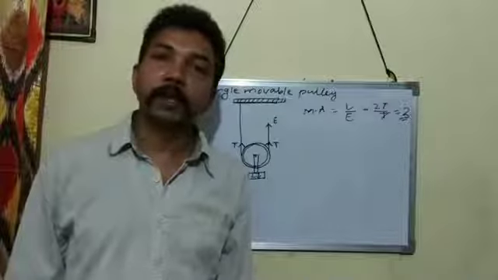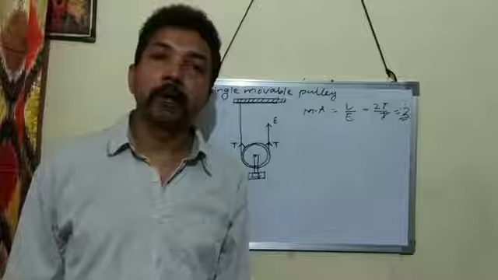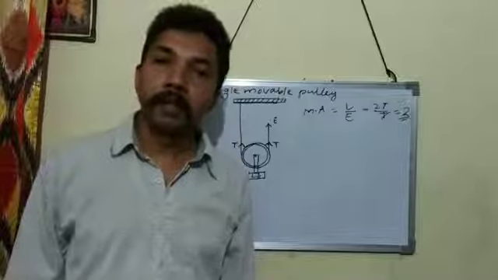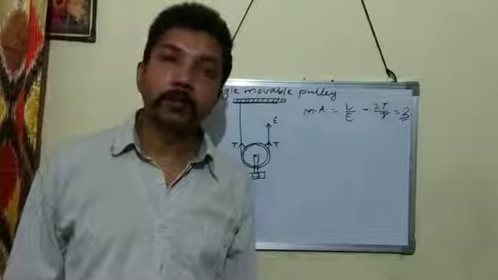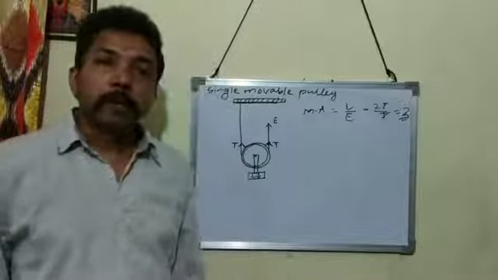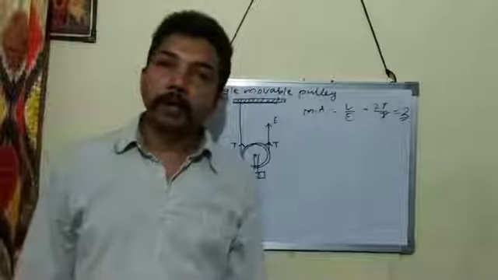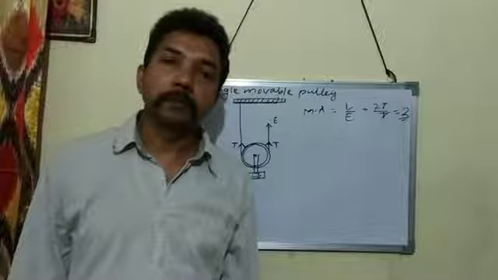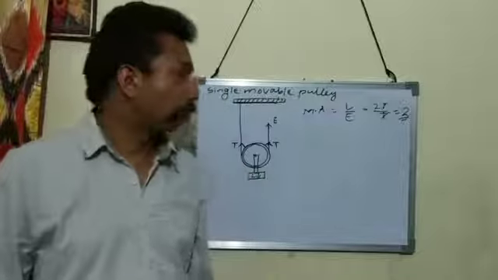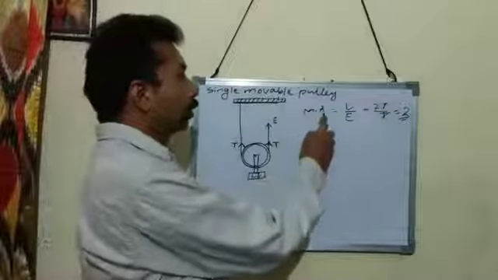It acts as a force multiplier. A single movable pulley acts as a force multiplier. There is a gain in force by using a single movable pulley. Suppose that you have to lift a load of 100 kgf by using a single movable pulley. Then how much effort is to be applied? You can substitute the value in this formula.